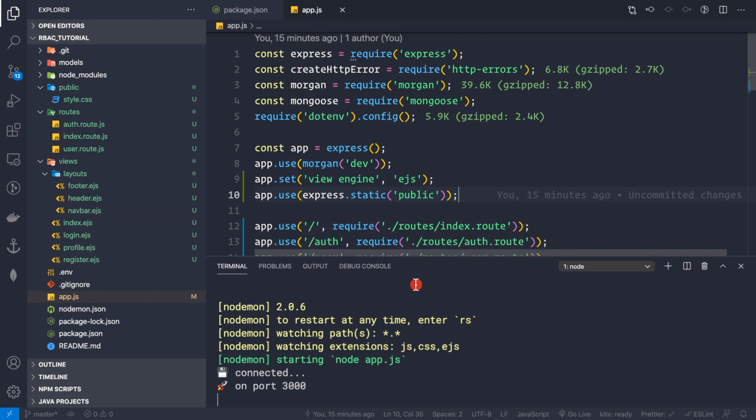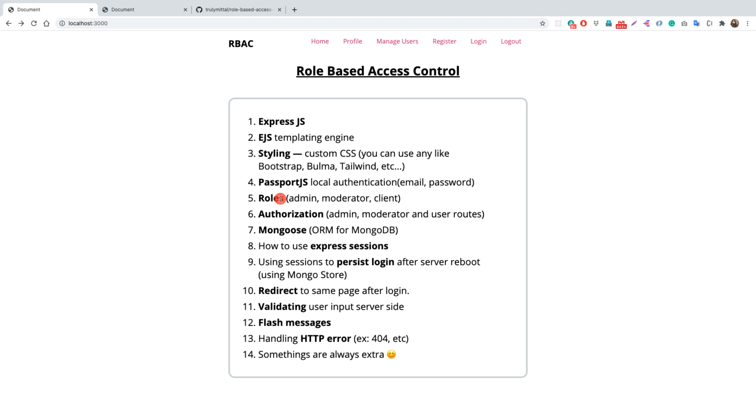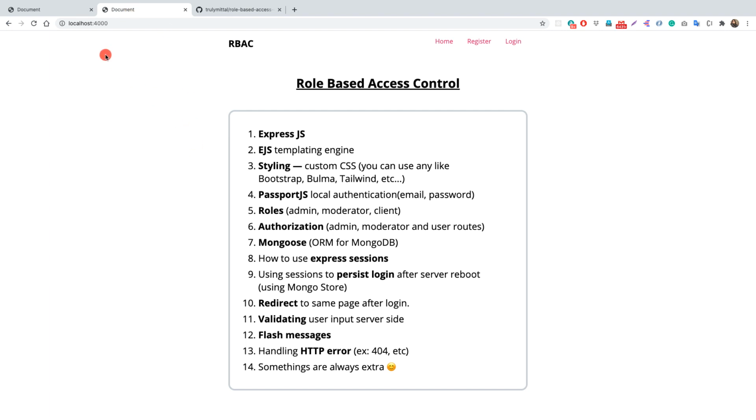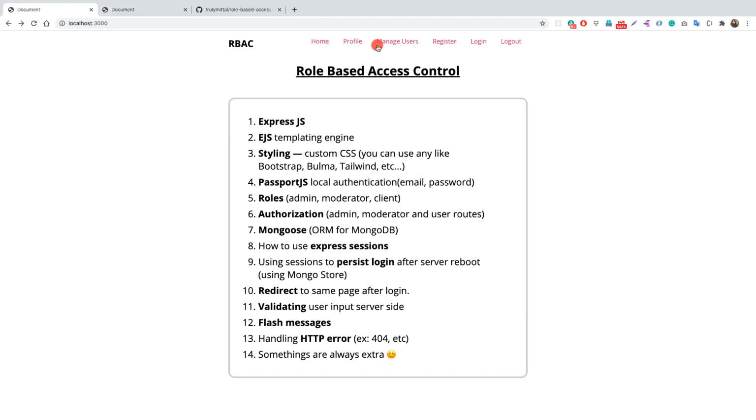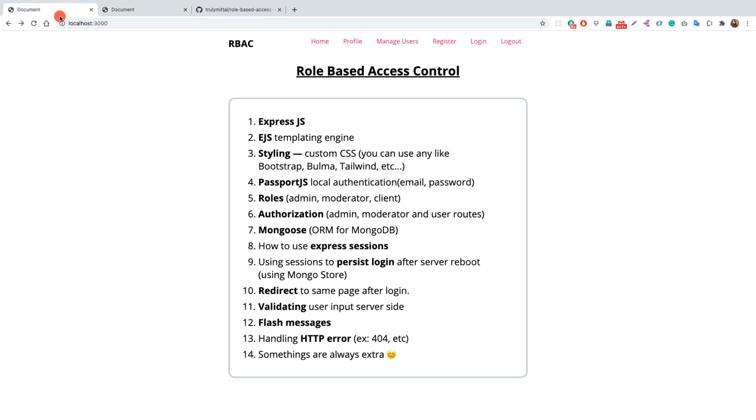And now what we can do, we can go to our application here. So let me refresh this page, and we see that we are back inside our application, and it looks pretty similar to this thing here because the styling is same. Though we are seeing all the routes here, and this you won't see in this thing here, that is only here when you are not logged in, you are only seeing register and login. And then afterwards, after you are logged in, then you are only seeing this home, profile, manage users if you are an admin, and the logout button.